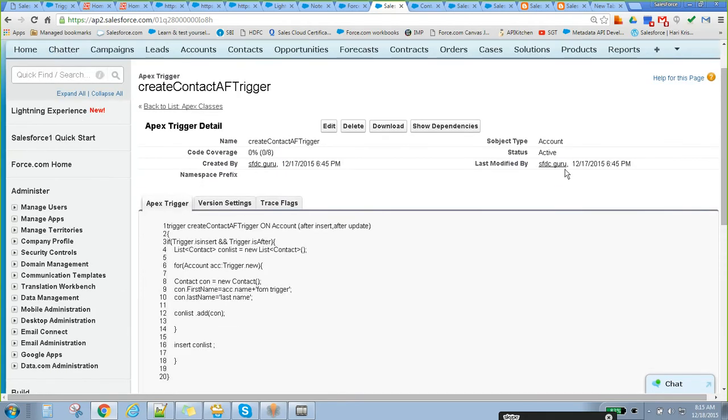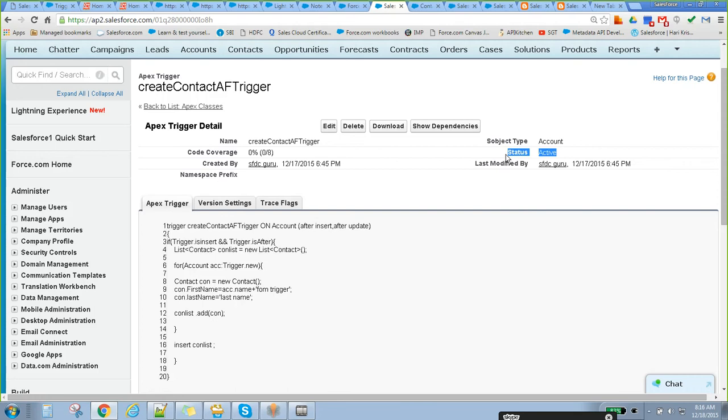Some people will say, navigate to the trigger, click on edit and make it inactive. That is not the case. In sandbox we can make it inactive like this, but if you want to do it in production, we have to deploy the code. We make it inactive in the sandbox, create a change set, and push the code. So to make it inactive, you have to do the deployment. That should be the answer.